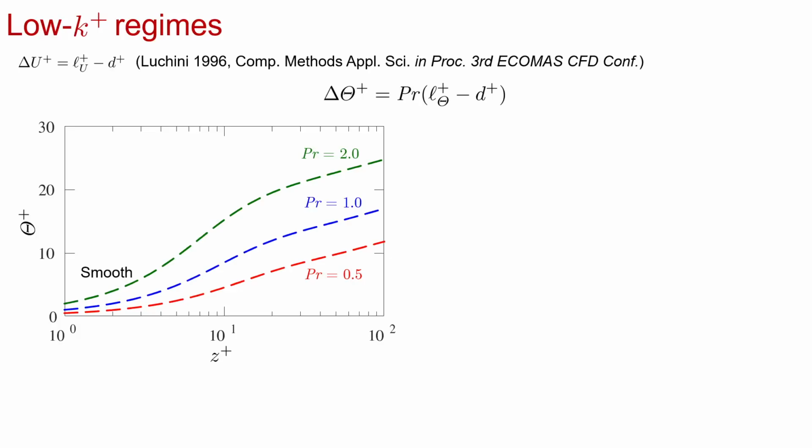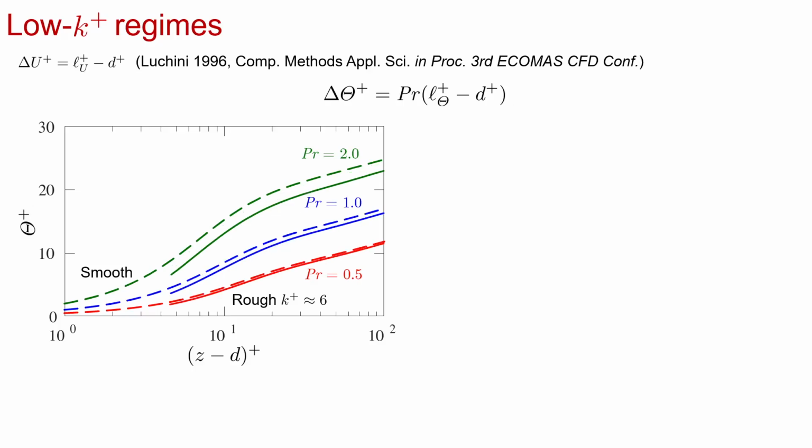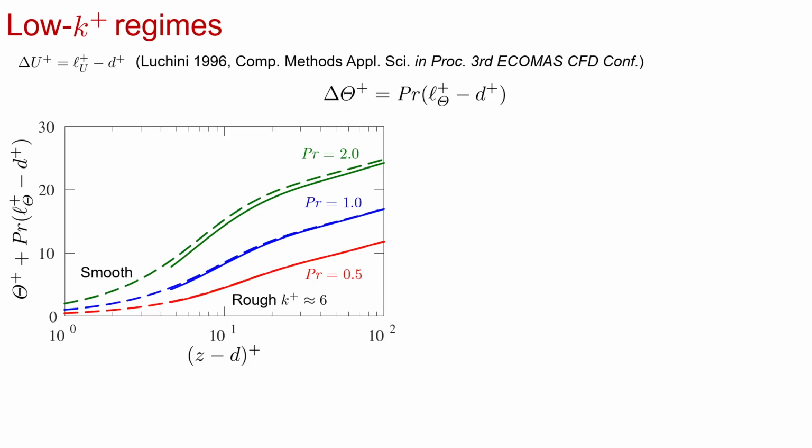And so now let's go ahead and test this prediction. Here I'm showing smooth wall data first for our present Prandtl numbers. And now if I plot our rough wall data measured from my mean roughness height z plus, where here I'm only showing data above my roughness, we see that now if I plot my rough wall profiles relative to their turbulence origin D, this enables me to first match the slopes of my profiles with the smooth walls, and now I can apply the shift I'm predicting for delta theta plus based on my virtual origins that I'm showing up above. So here we can see that doing so allows us to collapse all our lower Prandtl number profiles with the smooth walls,